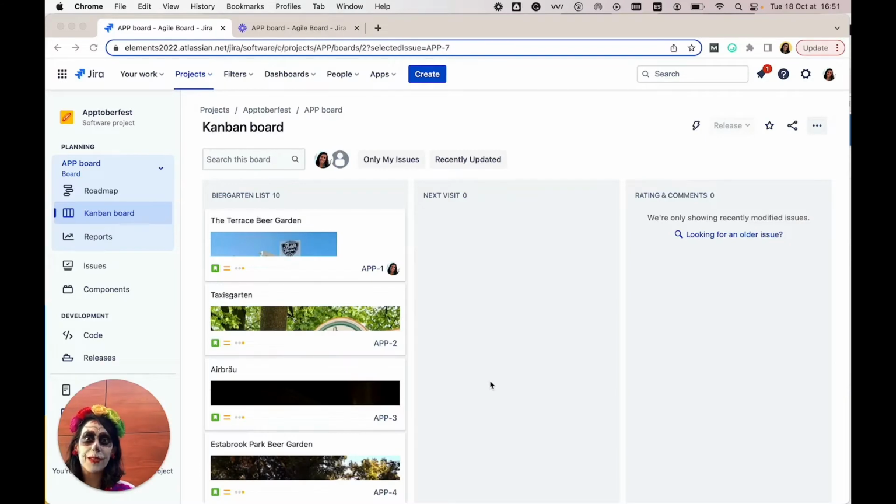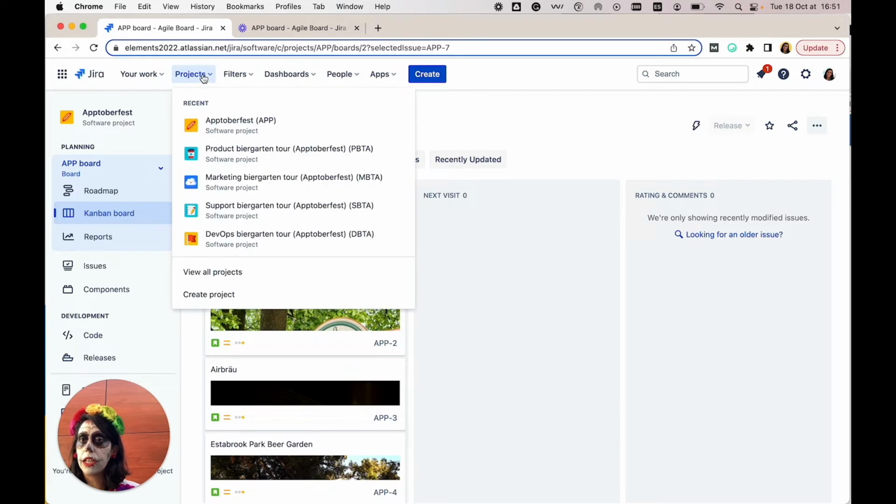So here we are for the demo of Apptoberfest. And for Apptoberfest, we thought as a company that it would be very nice to have a team building activity and to visit some bars. So we quickly created this list with our wish list of bars to visit, and we decided to share it with different teams. So as we can see here, we have the product project, the marketing project, the support team project, and the DevOps